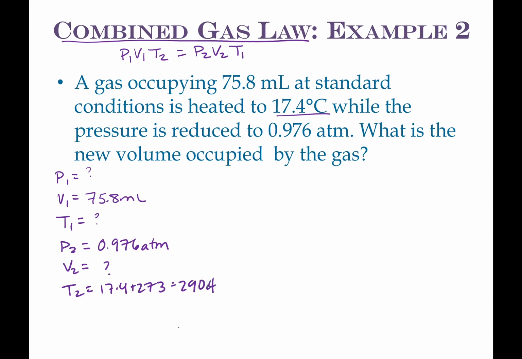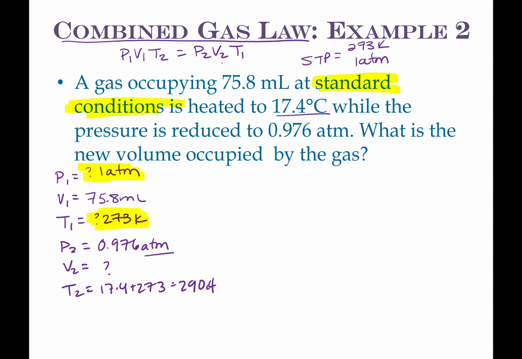Well, I don't know about you, but I feel like we're missing some things, huh? What does it look like we're missing? P1 and T1. I want you to reread the problem and remember what standard conditions are for a gas. STP for a gas is 273 Kelvin and 1 atmosphere, or you can use any other unit. But since we have atmospheres and we have Kelvin, definitely need to have Kelvin. But our pressure then is 1 atmosphere and 273 Kelvin. So go on and try this one now. Pause it and try it if you haven't already done so.